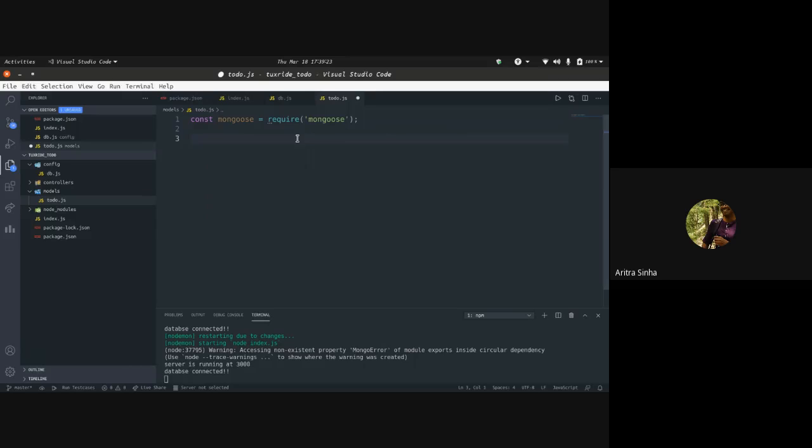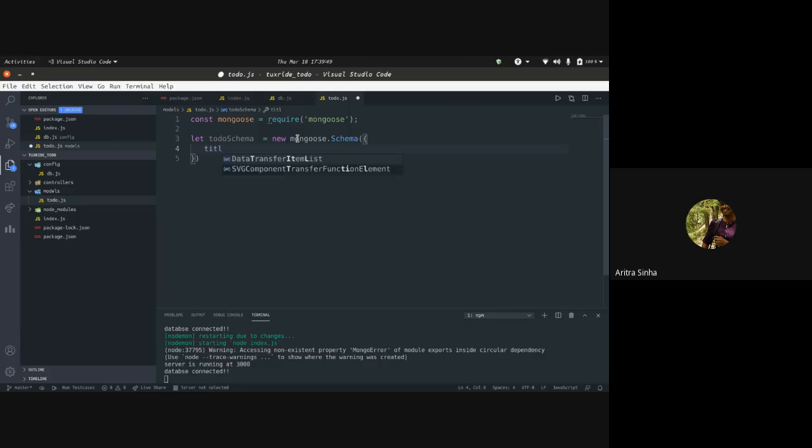So we'll write let todoSchema equal to new mongoose.Schema. This is a function inside mongoose, so it will create a mongoose schema. Now we have to mention all the properties that we want to be present while we create a to-do.